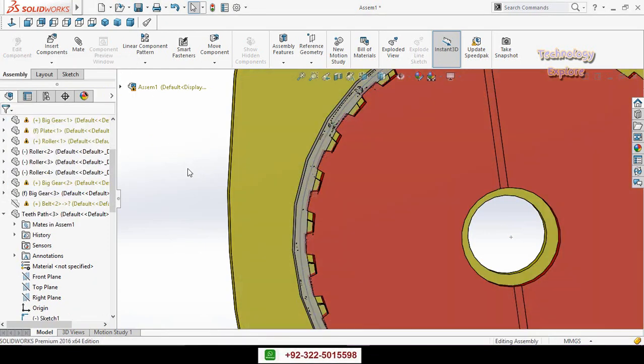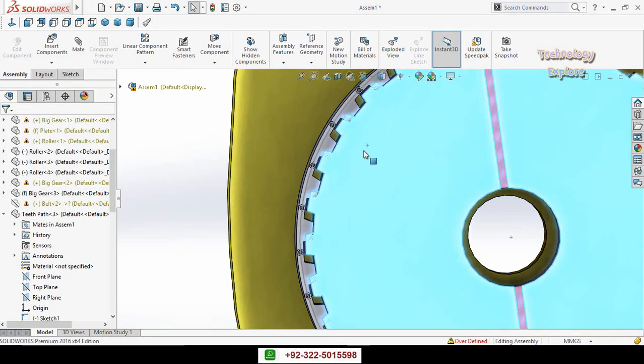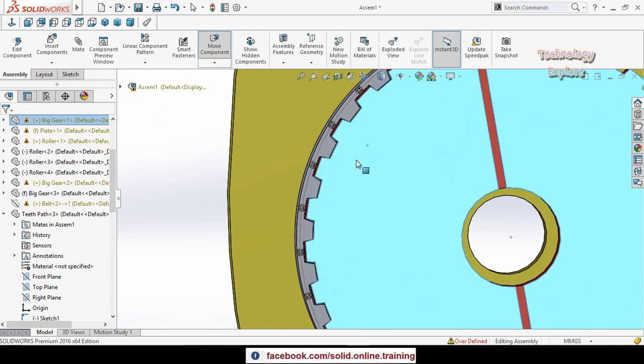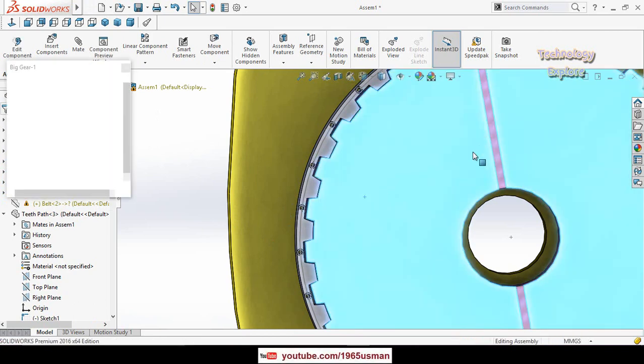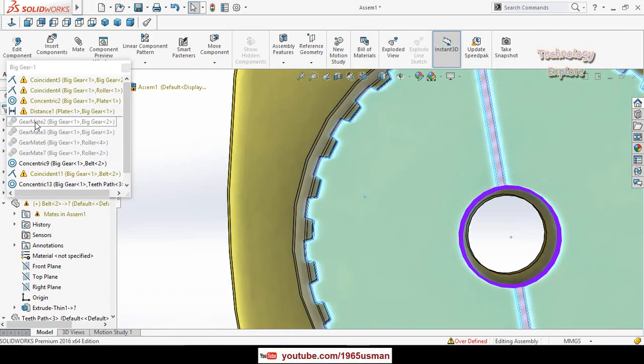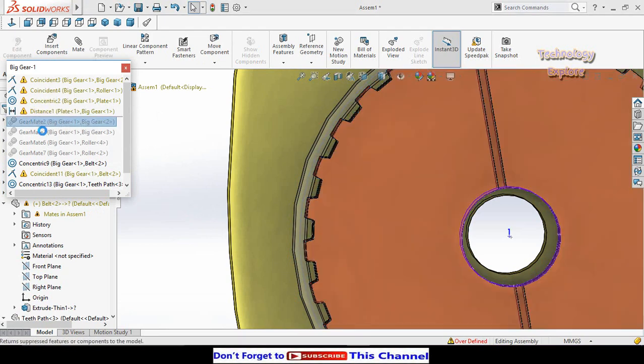Now close this window and then rotate the gear like this. So now these are aligned. Again click on this gear and then select view mates. Now unsuppress these gear mates.